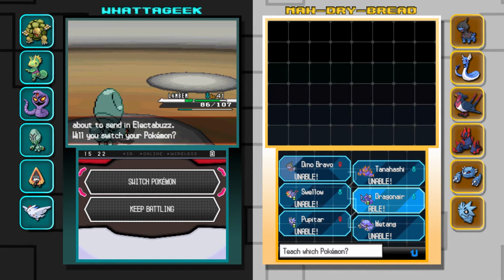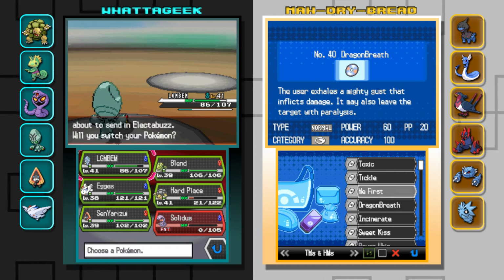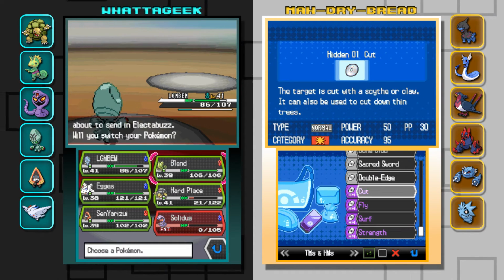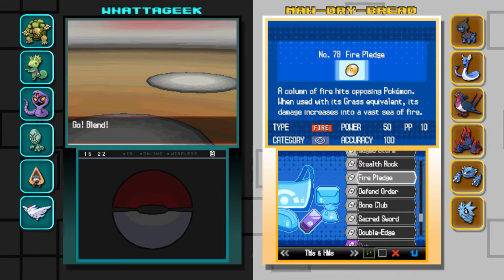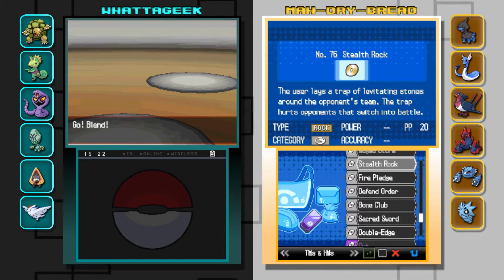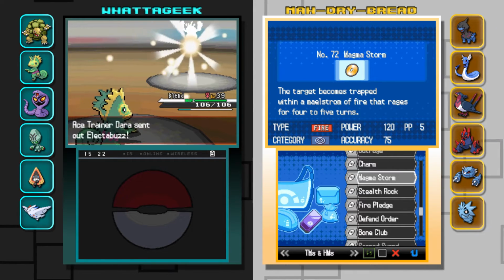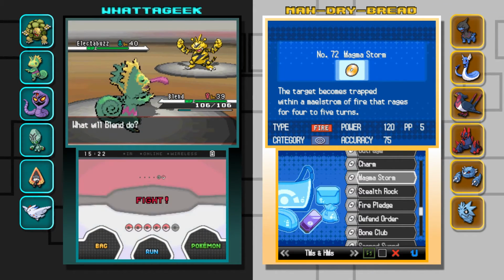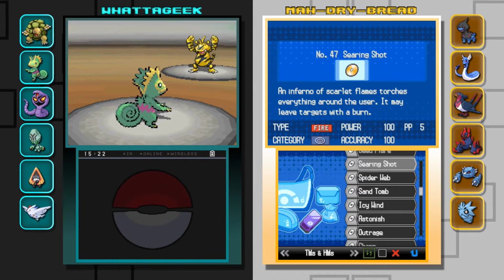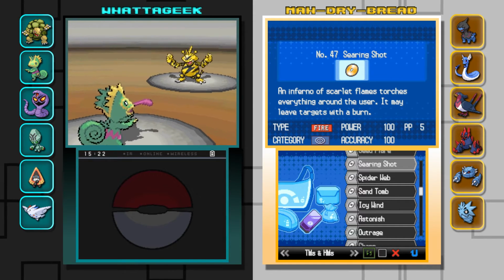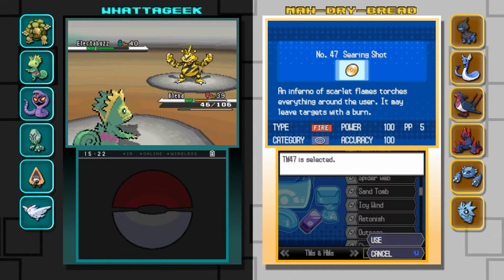You have a few fire moves, don't you? As TMs, you could probably try teaching Dragonair some of them. Yeah, let me run through my fire ones again. Fire Pledge, that's not great. You got Searing Shot, right? Magma Storm. That one's strong but inaccurate. That's high power. Yeah. I think I have Searing Shot. I'm looking through. Searing Shot, 100 accuracy, 100 power, may leave a burn. Only 5 power points, but it's reliable.